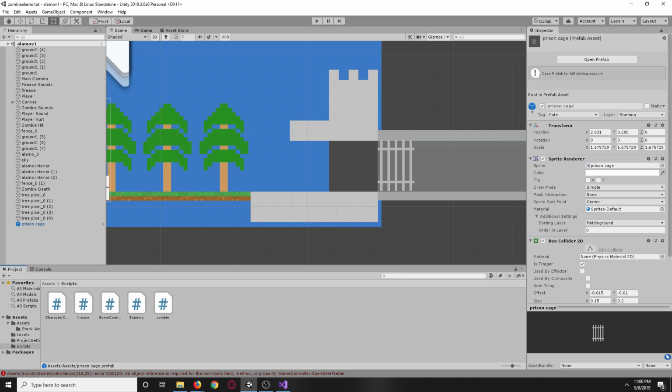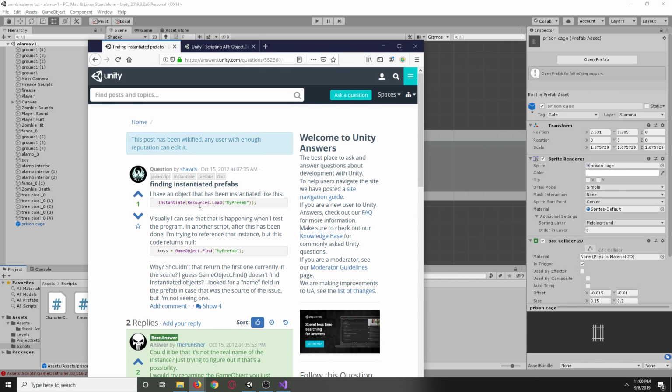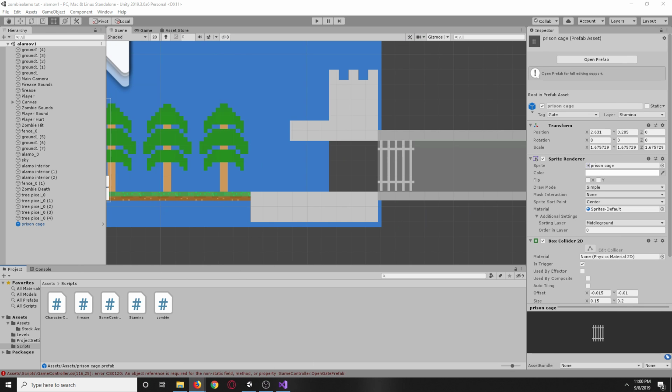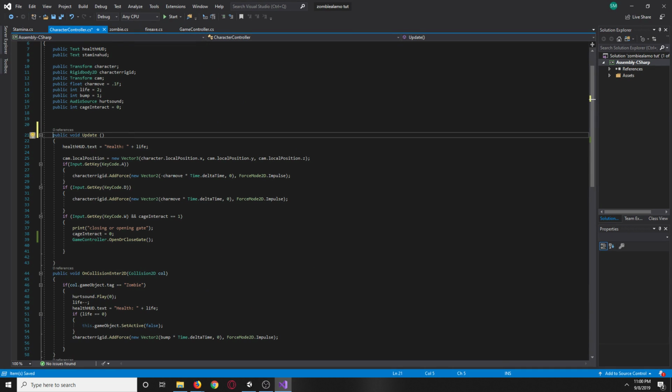So now basically what we need to do is pretty much what this guy just did, which is down here, this guy here. But I'm going to do resources.load, and my prefab, and then we're going to load that into the variable in the start, public void start. So let's go ahead and move this over here. So let's say here,